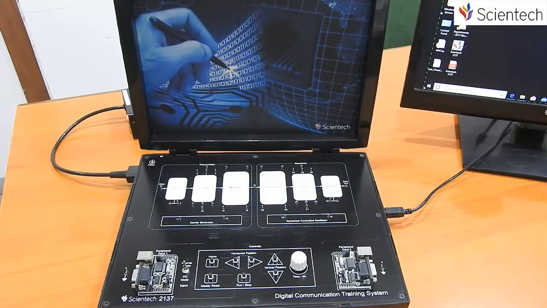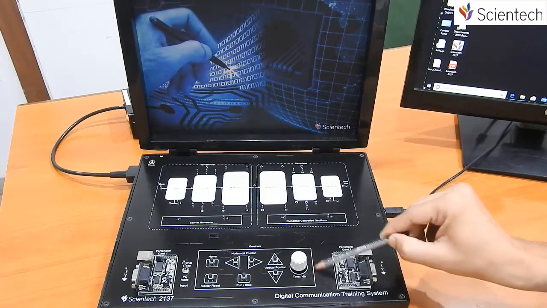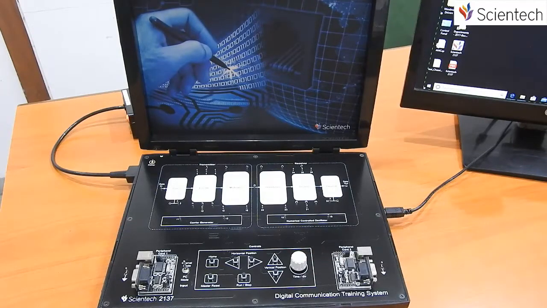In addition to the transmitter and the receiver block diagram, we have also provided the control sections which will help us to control the time base and the movement of the signal in the Y position. For the time base, we can use the encoder.